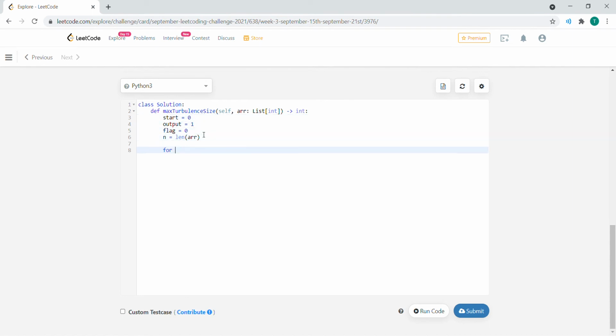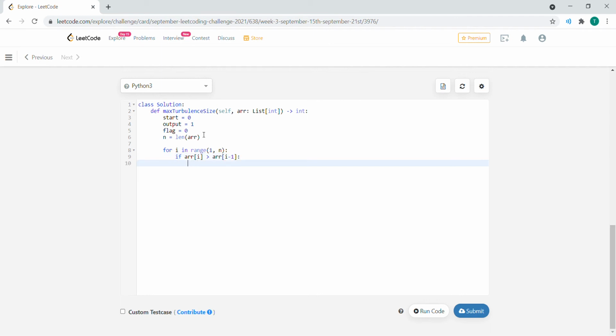So for i in range of 1 to n, we are going to loop through, for each index i, if the array at i is greater than the array at index i minus 1,